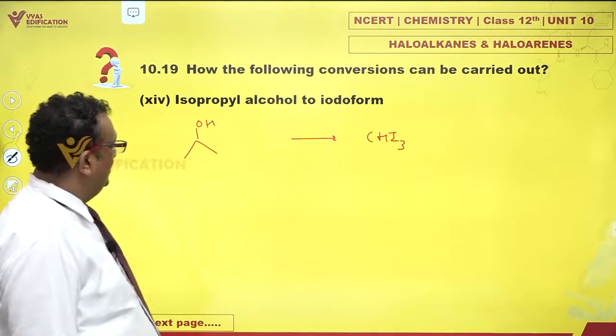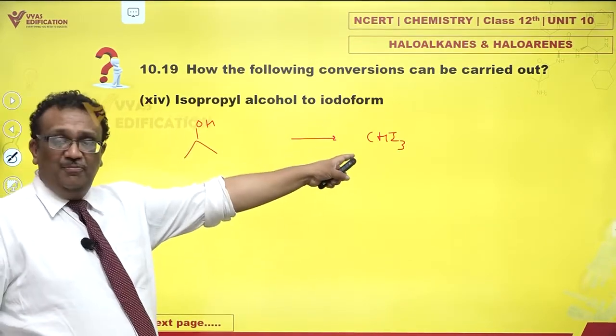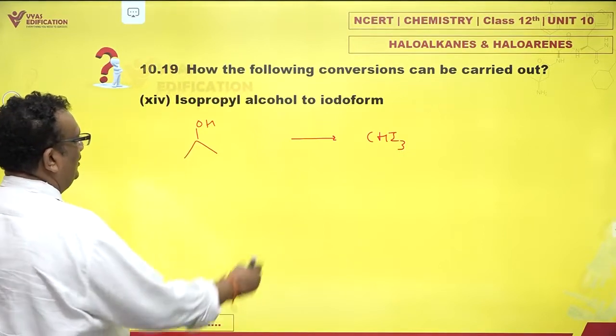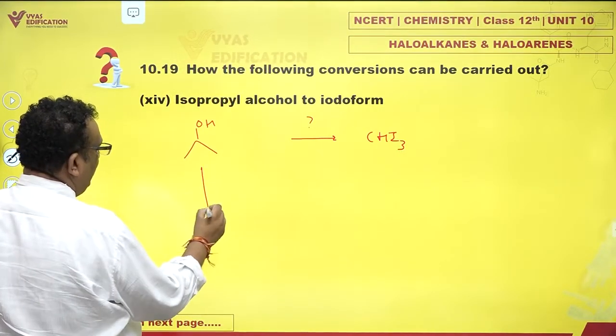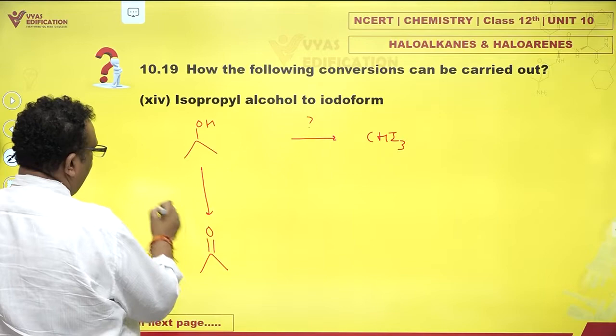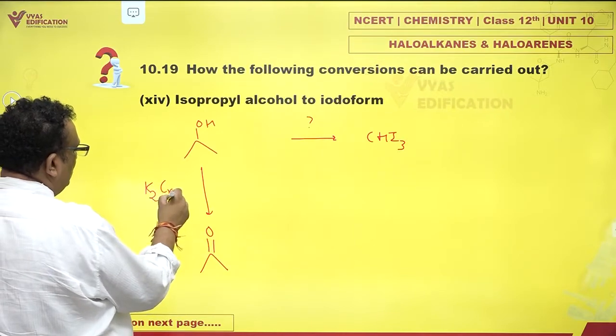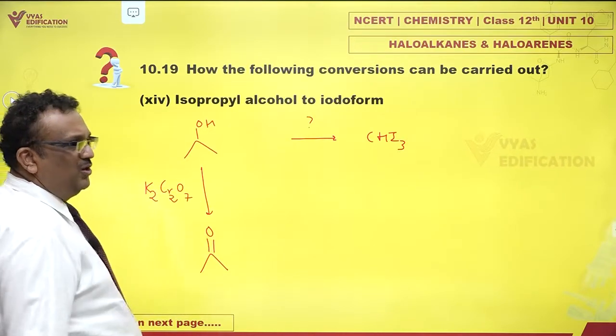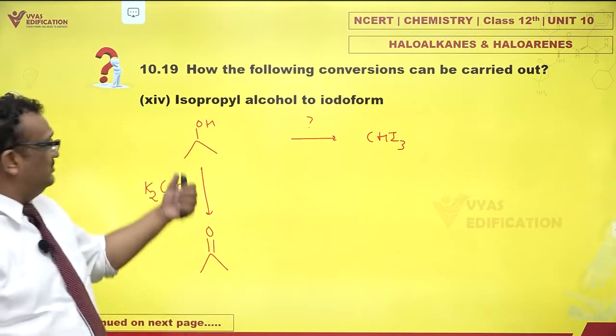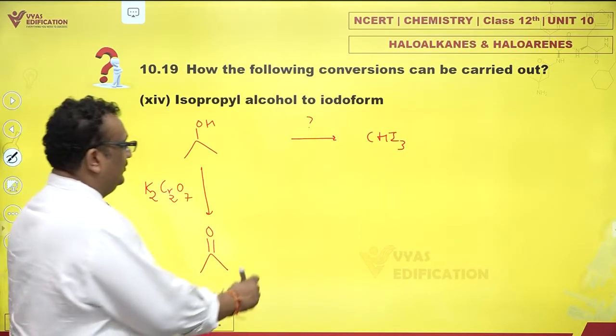How do you do this? Well, for iodoform test, you need methyl ketone. So what do we do? We oxidize this to acetone. How? Just use K2Cr2O7 or K2CrO4, any oxidizing agent. You oxidize isopropyl alcohol to acetone, and then